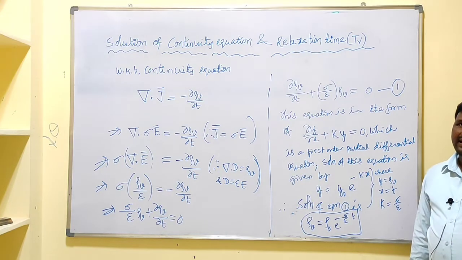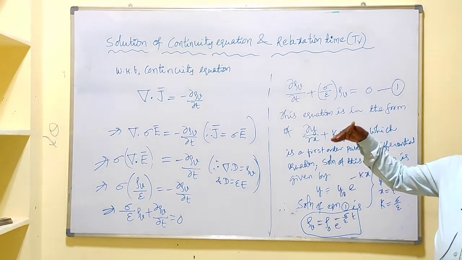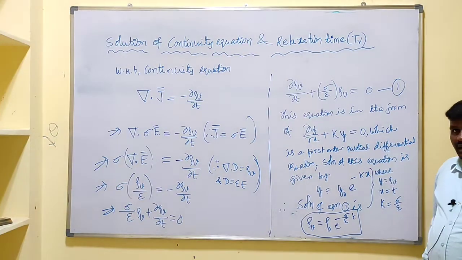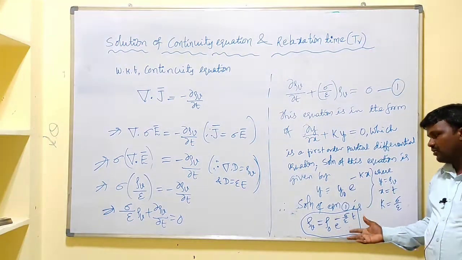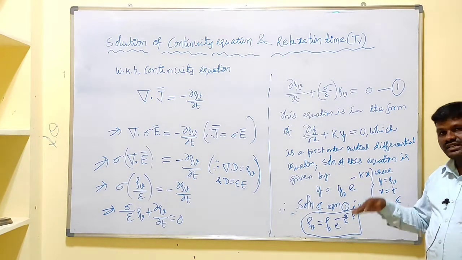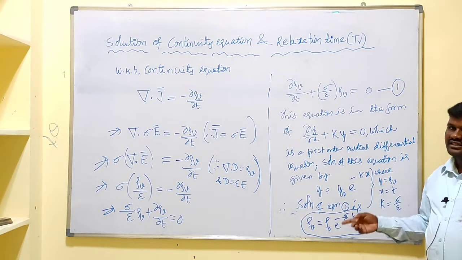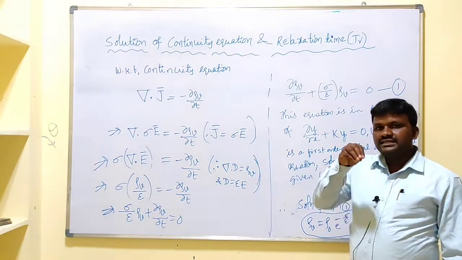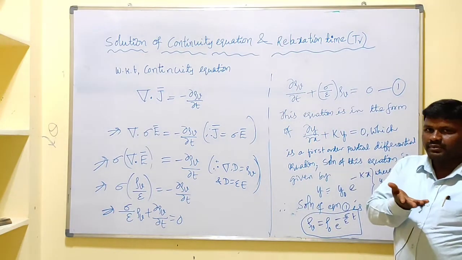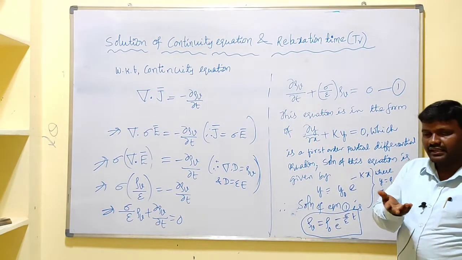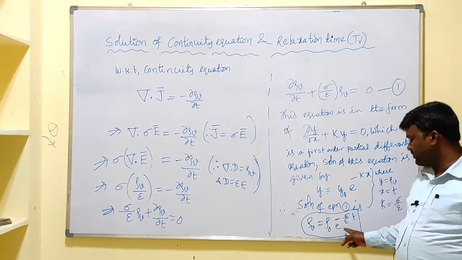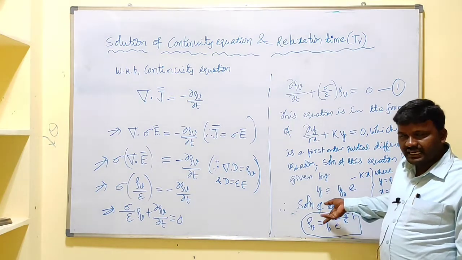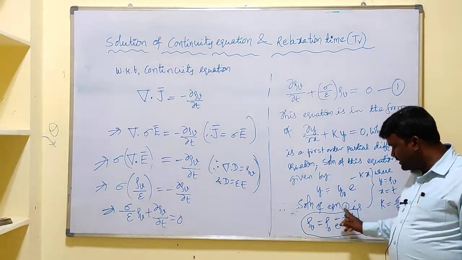Already we told that the law of charge conservation says that the rate of decrease of charge within a given volume is equal to the net outward current flow. Means with respect to time, charge decreases, so charge density is also decreased. If the charge is placed in the interior of the material, the charge is decreased with respect to time like this. That means the magnitude of charge, or the charge density, is exponentially decreased.